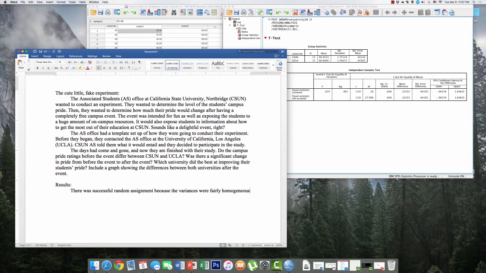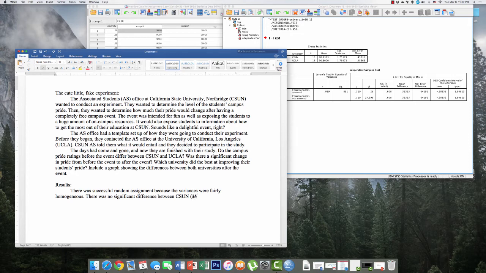The variances were fairly homogeneous. There was no significant difference between CSUN